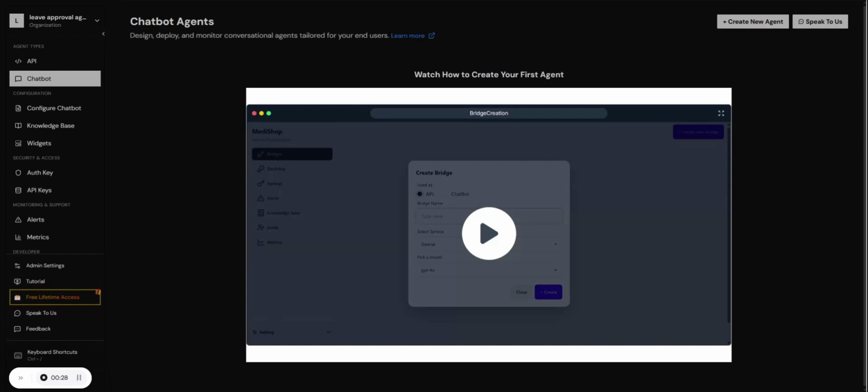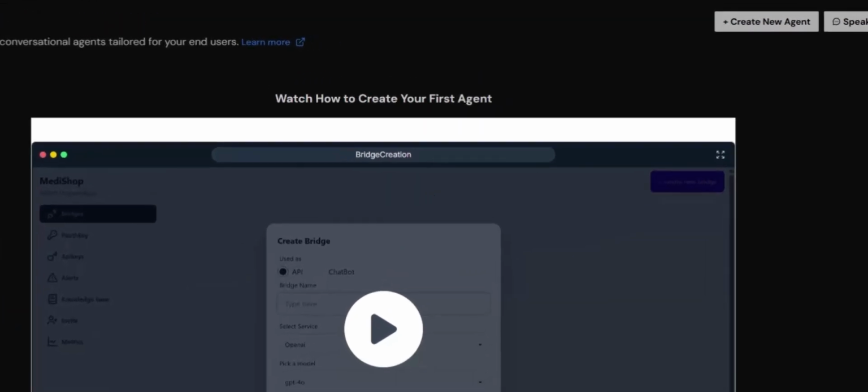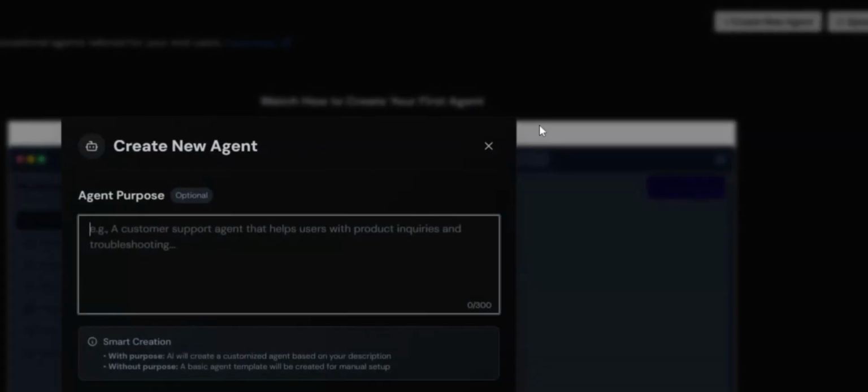While AI can read a leave request, it isn't always reliable in enforcing company leave rules. That's why we've developed the Leave Approval Agent, a system designed to evaluate each request based on HR policies and automatically direct it to the appropriate decision maker. Now let's dive into creating an agent.